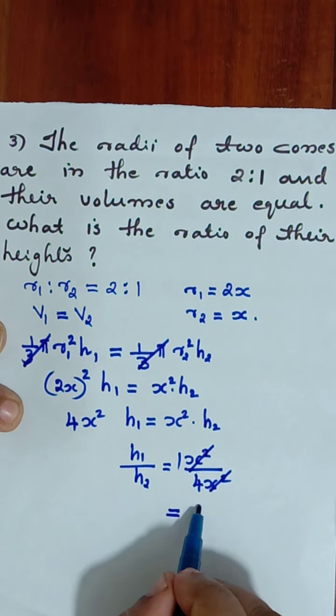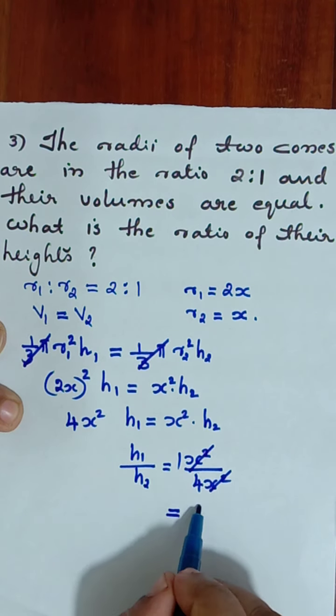This is how. Now 3 square is 9, and we get into 2 divided by 4 square, 16. We can cancel. What do we get? So we can cancel it by 2. 2 one time is 8. So 9 divided by 8. So our answer is volume of cylinder to volume of cone, that's equal to 9 is to 8. This is the required volume ratio.